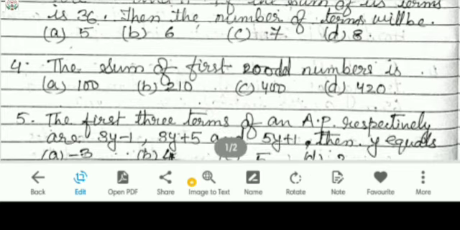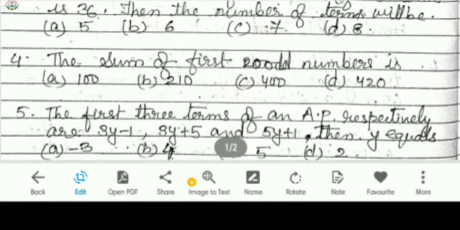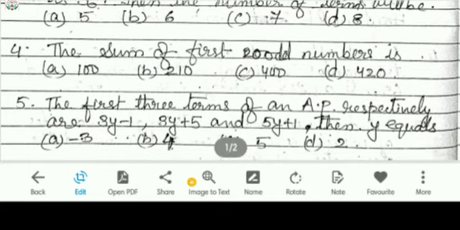Okay. In the same way, now the fourth question, the sum of the first 20 odd numbers. First 20 odd numbers means what? A1 will be what? The first term will be 1, because odd numbers begin with 1. Then the second odd number is 3. So the difference will be how much? D will be 2, since 3 minus 1 is 2. So d is known, a is known. That is, a is 1 and d is 2.